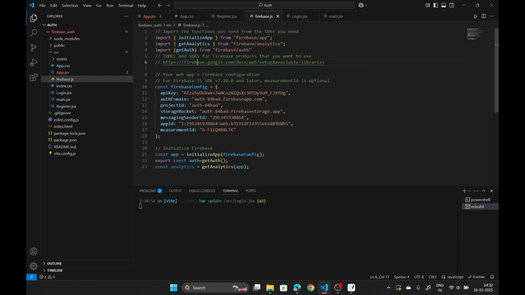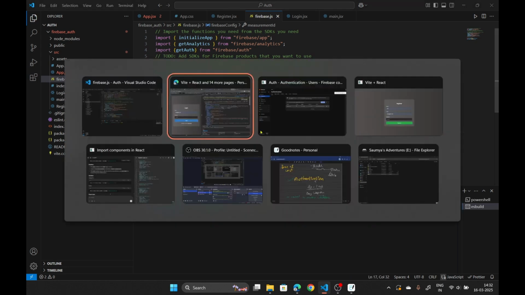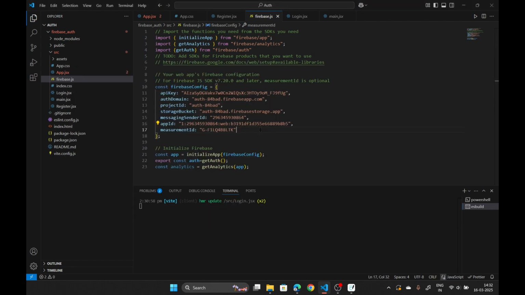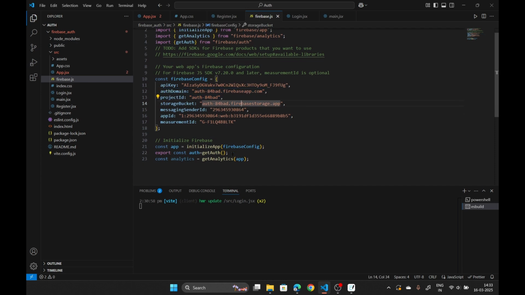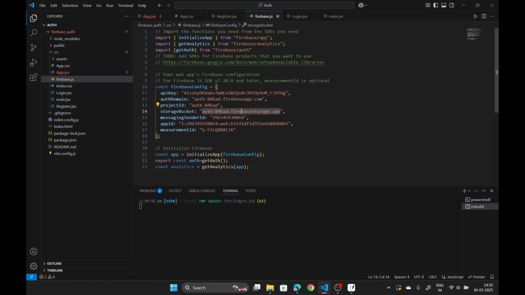Now, you might say that all the sensitive details have been shown in the video, but no worries. I will be deleting this Firebase project, so try this API anywhere you want, but it won't be of any use. Authentication domain, all these things that we entered there. Now, getAuth is the functionality using which you can leverage some of the authentication flavors or